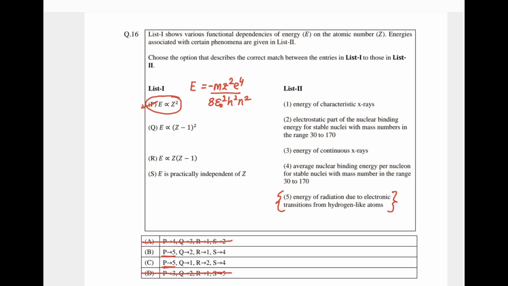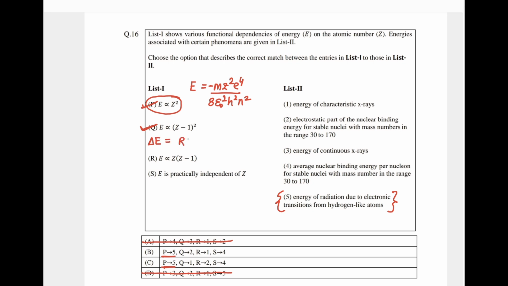Now we are talking about the next part, E proportional to Z minus 1. So E proportional to Z minus 1 is technically the formula of X-ray. For X-ray over here we use A(Z minus 1) or (Z minus 1) square. In Moseley's law we have an equation like this, where we write delta E